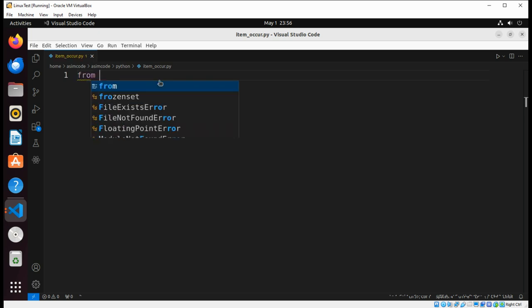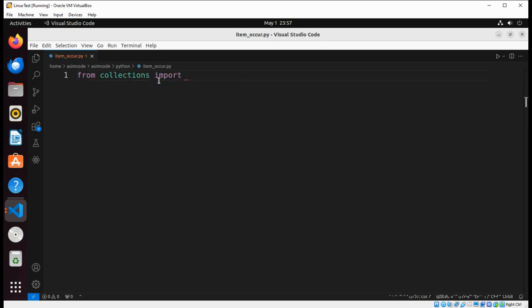From collections, we're going to import Counter, and we are going to have our list, or this is going to be named name list,